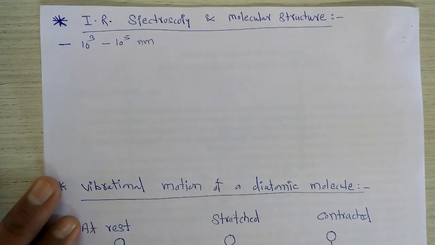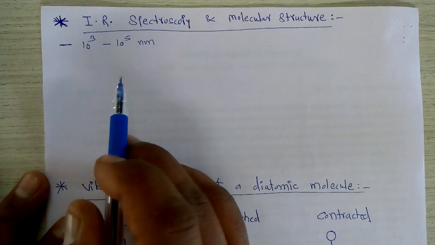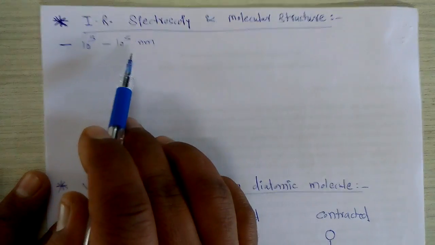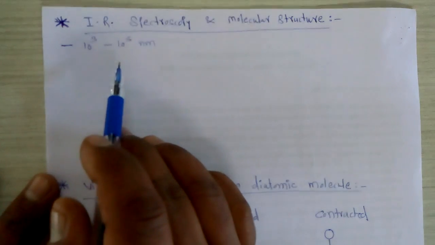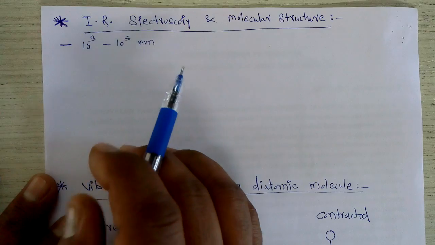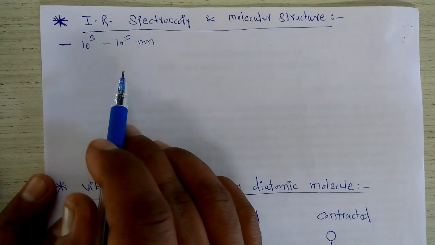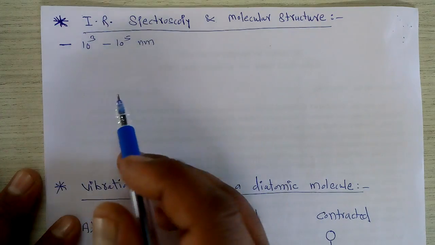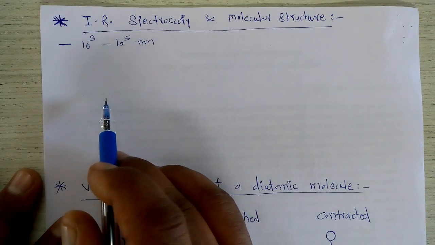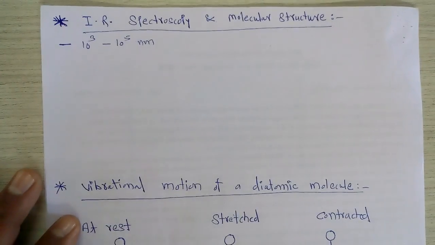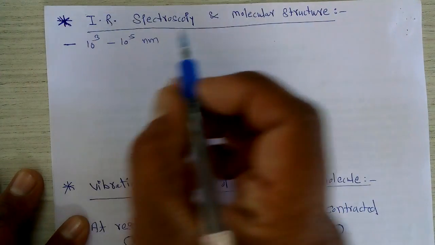Now, what type of study is involved in this type of spectroscopy? In microwave spectroscopy, microwave radiations are used. When those radiations are absorbed by the molecule, the molecule changes from one rotational energy level to another rotational energy level. Now in this case, what happens